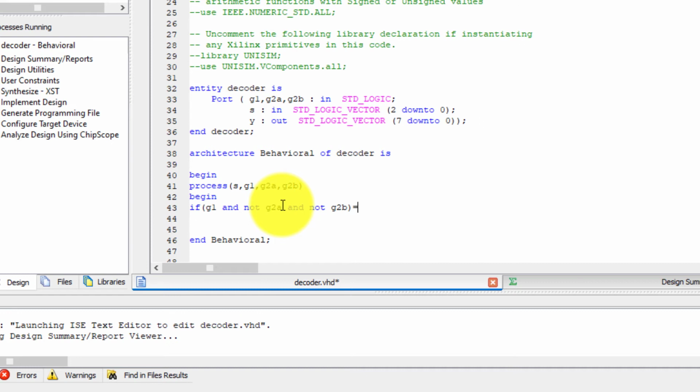Is equal to 1. Then here G1 is equal to 1, not G2A means 0, not G2B means 0. Okay, G1 is equal to 1, G2A is equal to 0, G2B is equal to 0. Then next condition, if inputs, we have to use the assignment operator 000. If all are zeros, okay, input 000, then